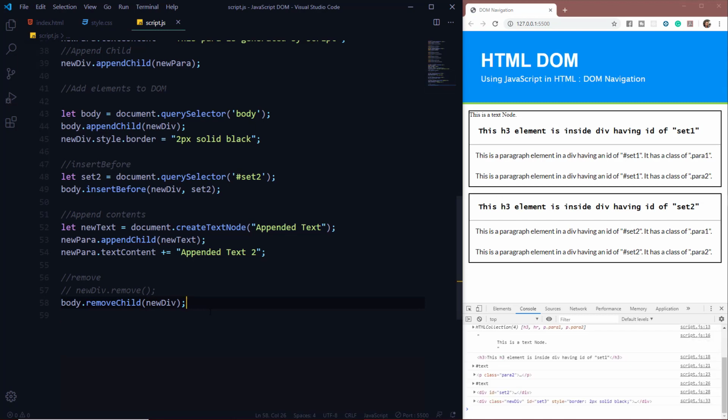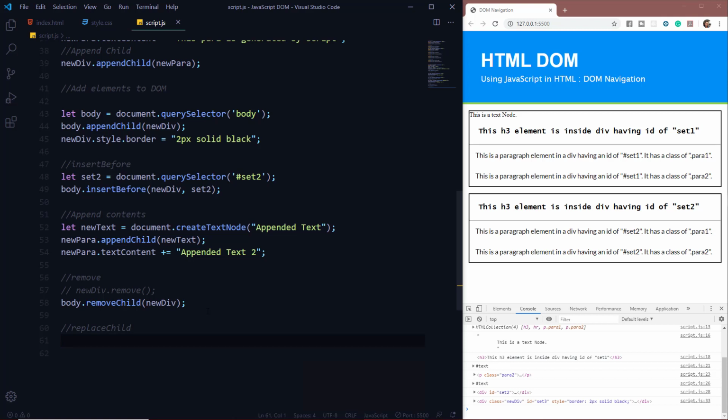We can also replace HTML elements using the replaceChild method. The replaceChild method also takes two arguments. The first argument is the element which is to be added, and the second argument is the element which is to be replaced.